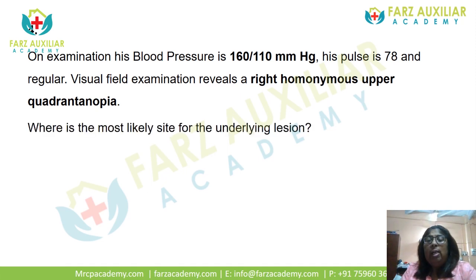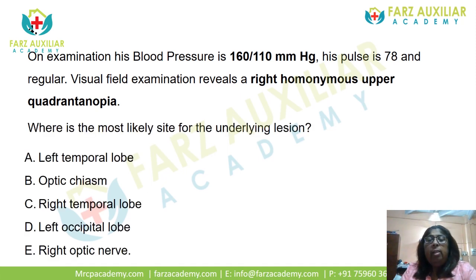These are your options. A. Left temporal lobe. B. Optic chiasm. C. Right temporal lobe. D. Left occipital lobe. And E. Right optic nerve. So while you're looking at the options, usually there are a couple that you can straight away eliminate,